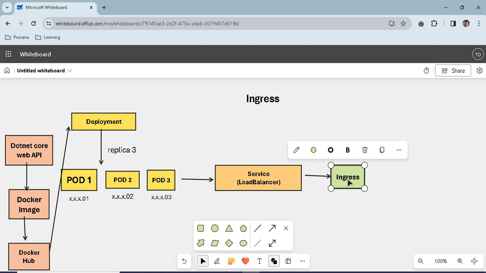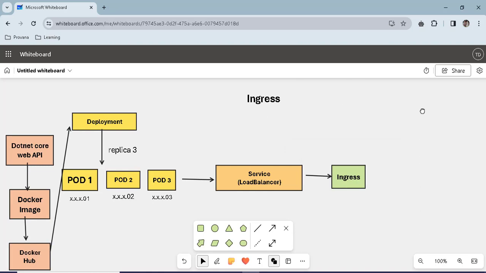So what Kubernetes did is Kubernetes created this ingress resource, and asked all the enterprise level load balancer companies to create a kind of controller. So all load balancer companies will create a controller, and Kubernetes will create this ingress resource, and then we can plug this ingress resource to the ingress controller created by enterprise companies. So we will have one more, let's say